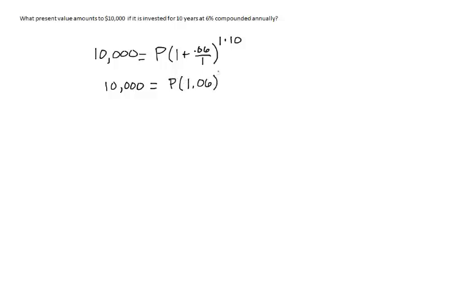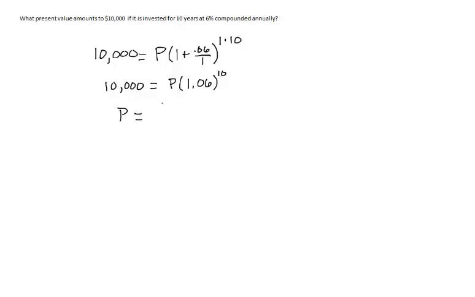So we know A is 10,000, equal to, now we're looking for P, and we know that we have 1 plus our rate, which is 0.06, divided by compounds, and it's compounded annually, so this is 1, raised to the MT, and M was 1 times T is 10. So we have 10,000 is equal to P times 1.06 raised to the 10th,